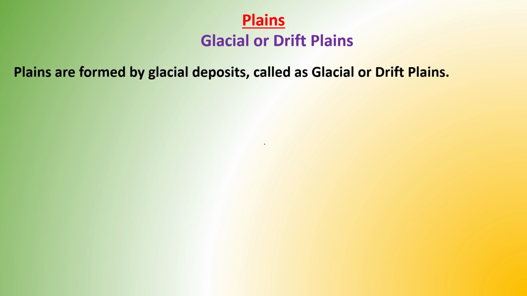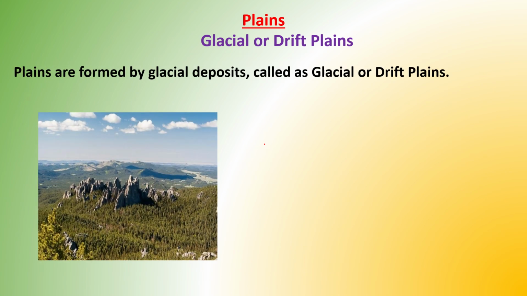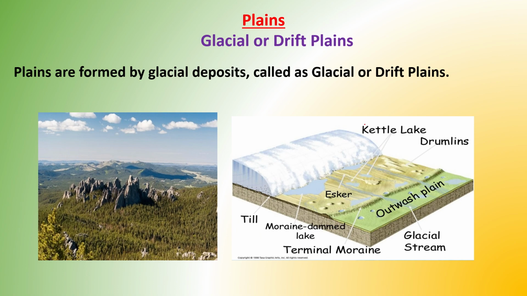Glacial or drift plains. Plains are formed by glacier deposits. Earlier we have learnt about U-shaped valleys of glaciers, that is eroded plains. This one is deposited plains. Here we can see the glacier which is depositing, and after that when it is receding back because of the high temperature or global warming or during the summer season, that time we are getting the outwash plain which